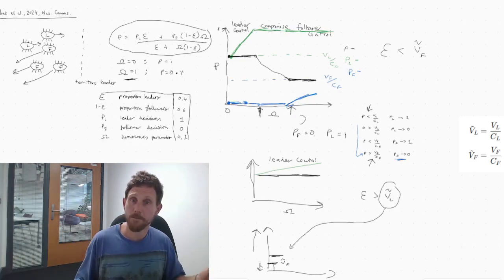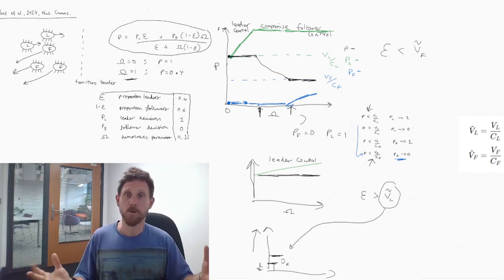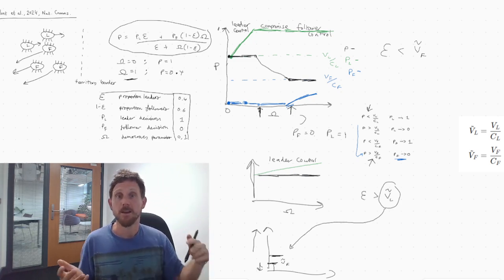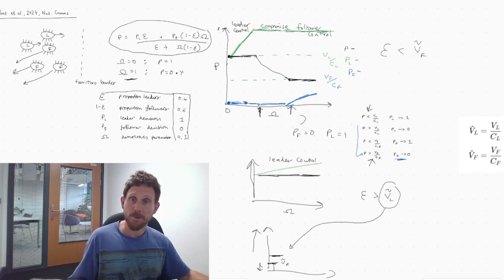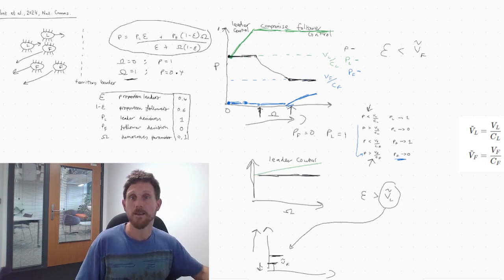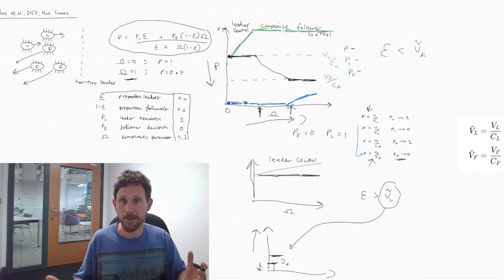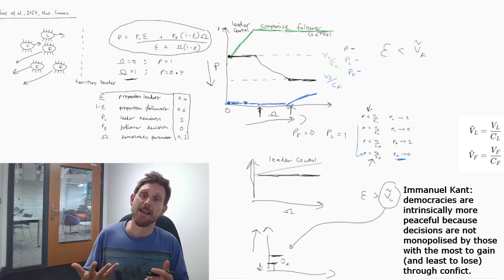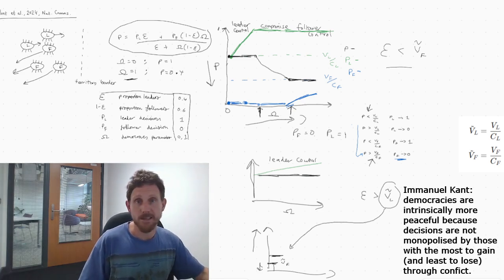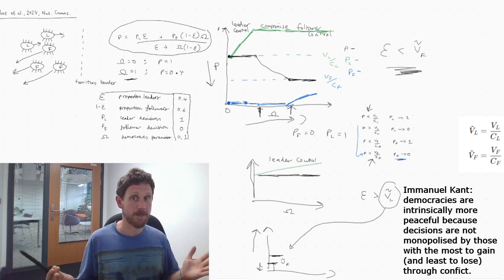So there we have it. I'm going to wrap it up now. As much as I'd love to talk to you about democratic war, which is another possible outcome from our model, I think I'll leave it there. So what do we have? We have support for when you increase democracy, populations become less aggressive. Support for Kant's democratic peace idea. Or maybe we should have called it evolution of democratic peace, as long as epsilon is less than V tilde F. That's a debate maybe we could have.